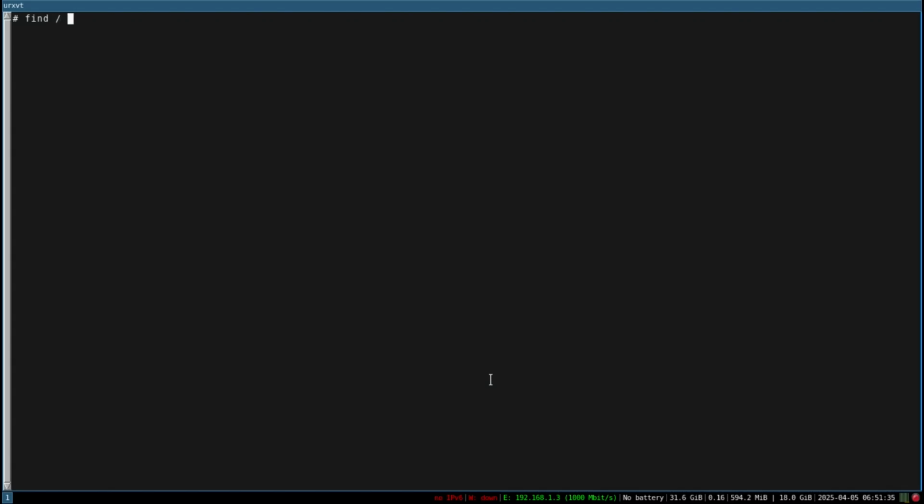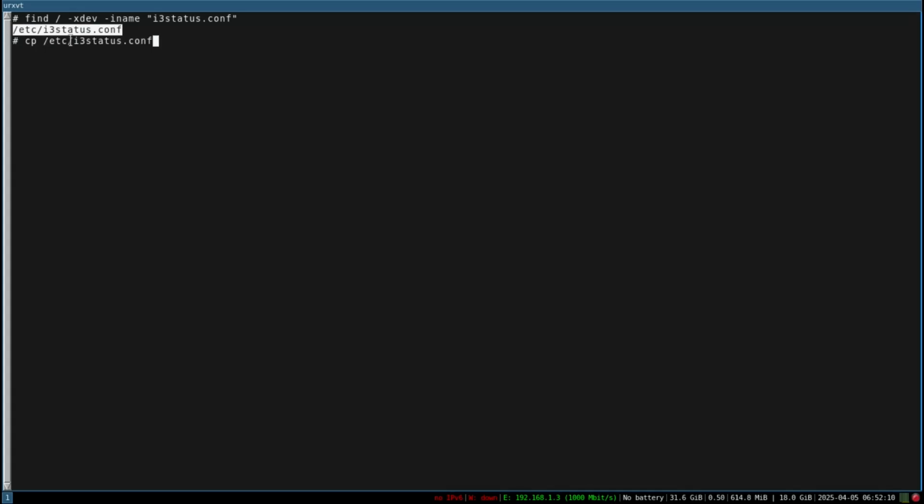So find / and then I'll go ahead and -xdev just to make sure that it doesn't search through all the multiple PuppySave folders, and then -iname, and then i3status config, and then it's right there. So what we'll do is we'll go ahead and copy this file here,